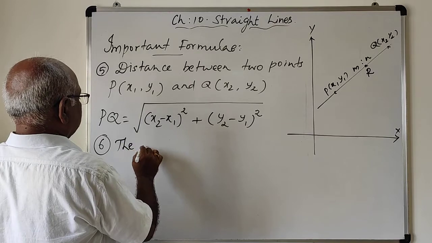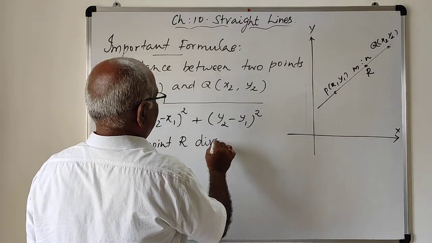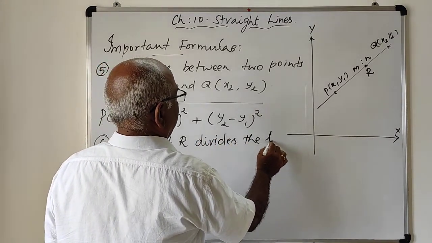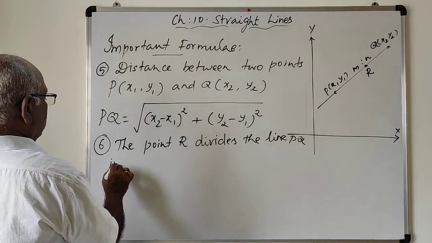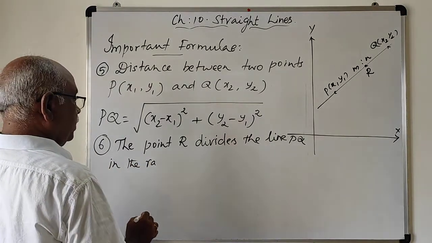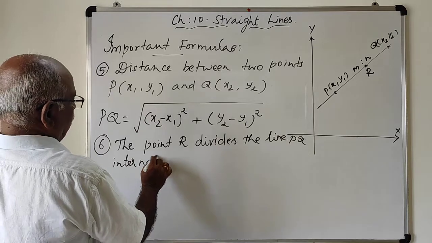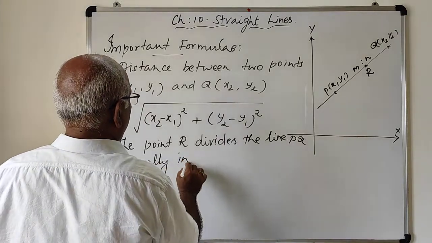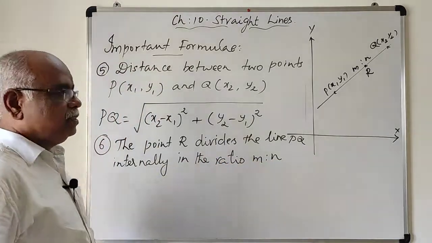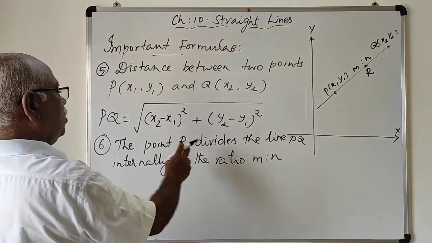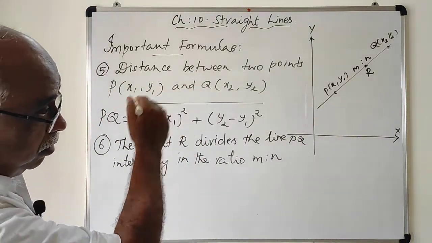The point R divides the line PQ internally in the ratio m is to n. M and N are positive numbers. The point R divides the line PQ internally in the ratio m is to n. Then the coordinates of R is,